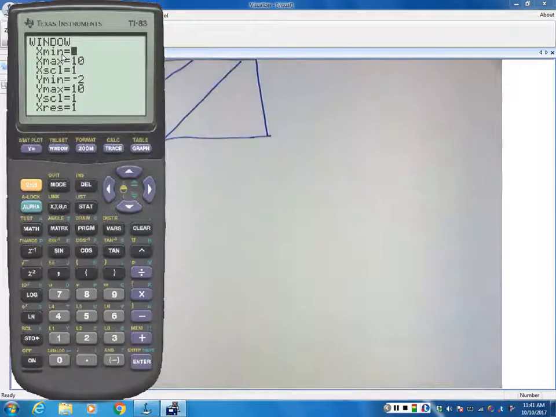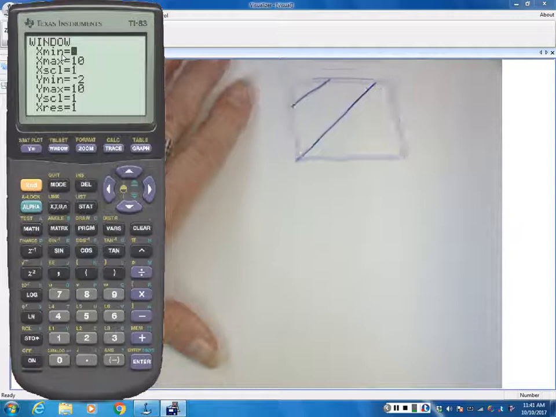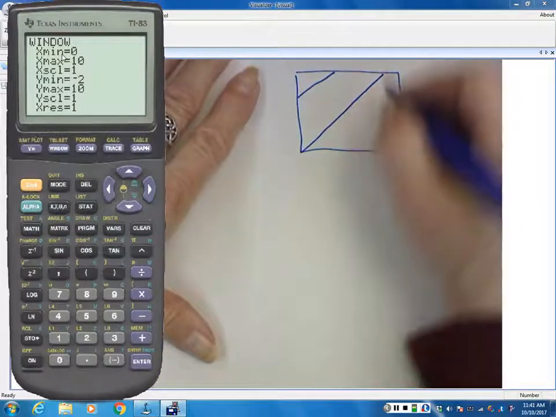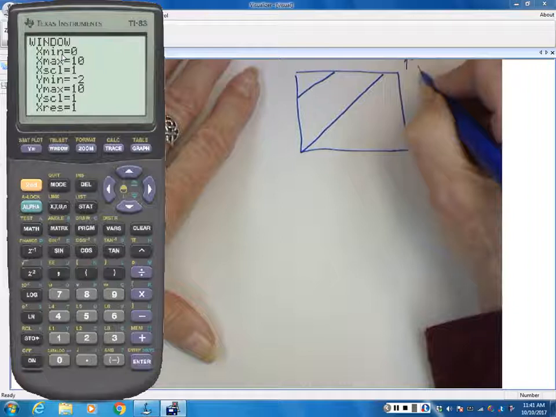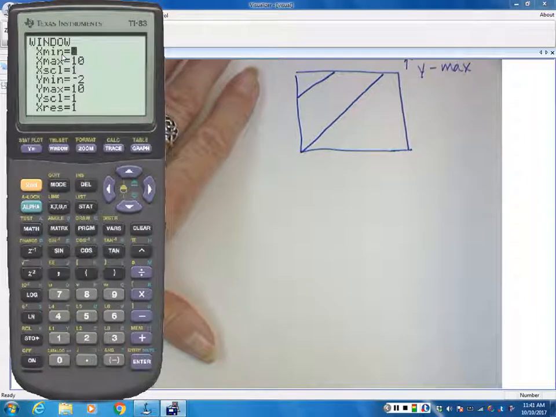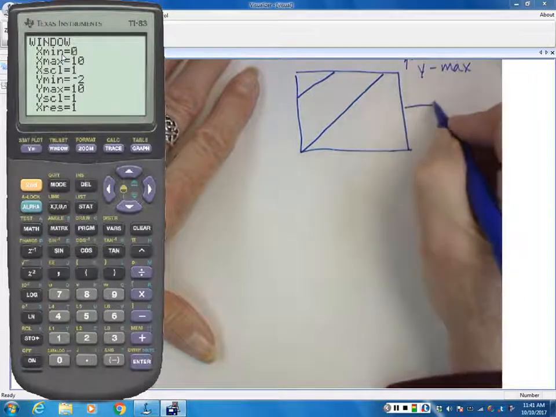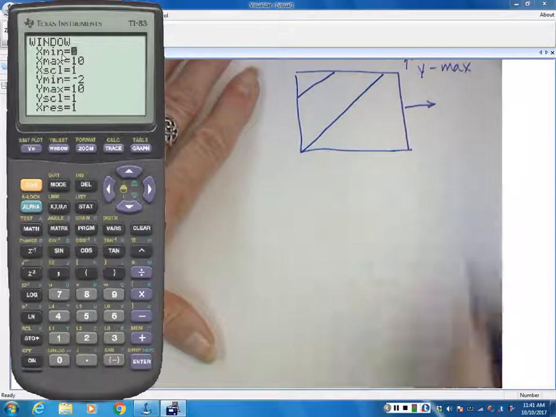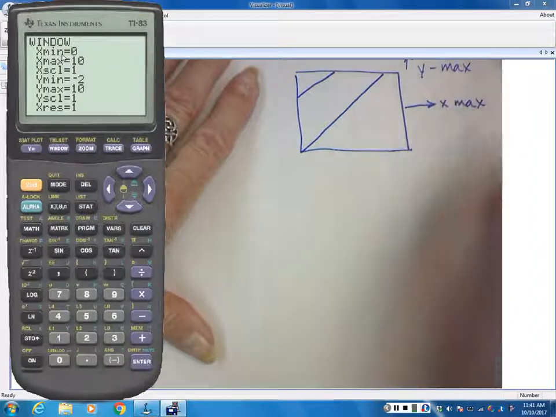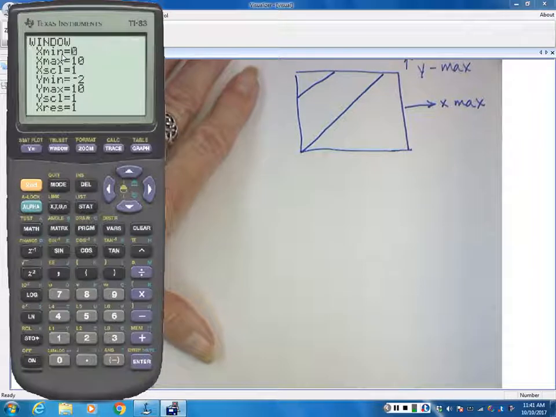What do you have to adjust? Y max. Okay, because it's got to go up. Might have to adjust the other one too, just to come out. That's right. You might have to adjust this one too, depending on how long it takes to actually see them cross. So you might have to adjust X-max also. Can you just do zoom out? That's why I usually do zoom out. You can do zoom out, but the bad thing